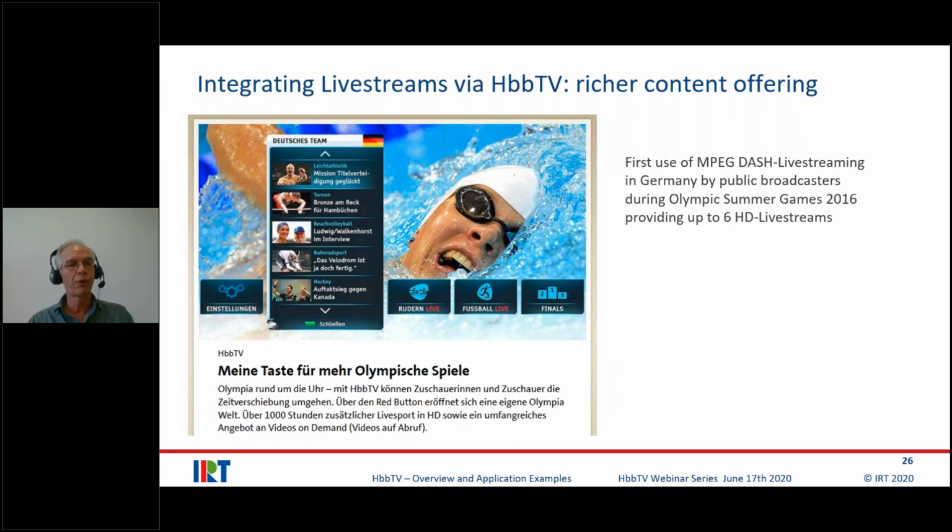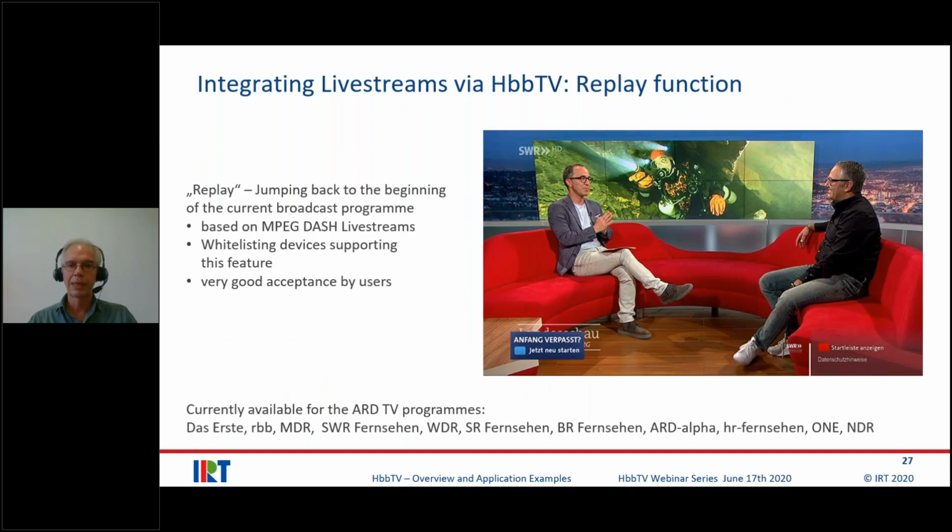It's very lightweight for the user. He doesn't have to install apps or do complicated things. Just click the red button, go into a menu, select the sports category he likes, and then the live stream immediately starts. Something more recent on live streaming is the replay function, which has been implemented by all the ARD